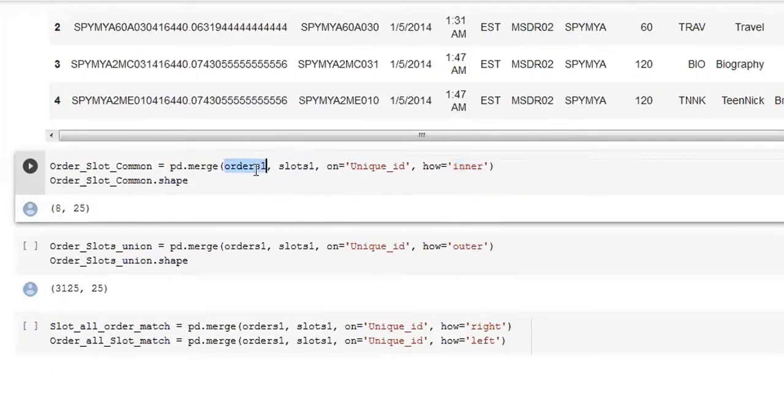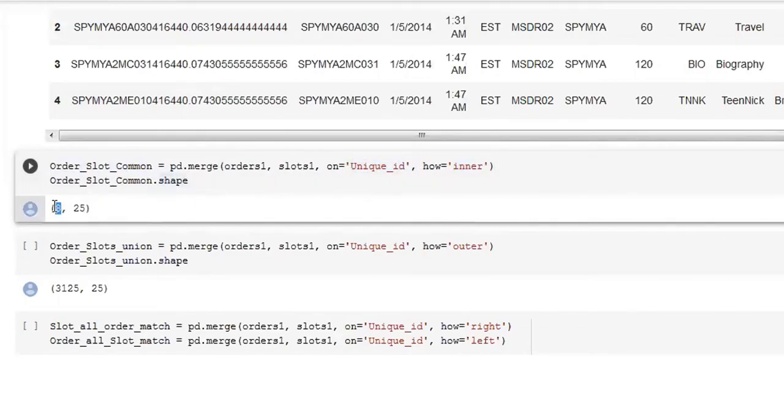So first, this is going to be in the left position of the table. This is our right table. This is the key on which we want to apply our merge, and this is what kind of joining operation we want. Okay, so here if I want to do the inner join on unique ID, if I run